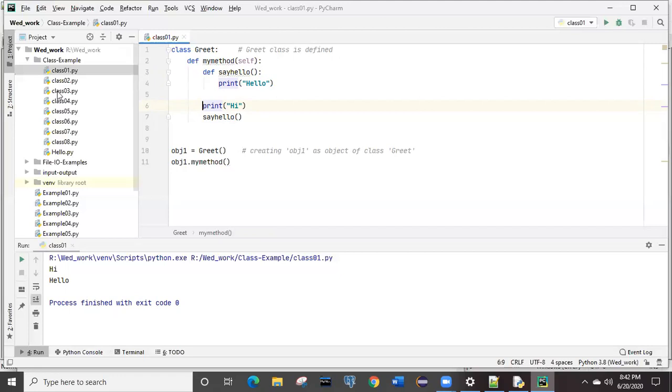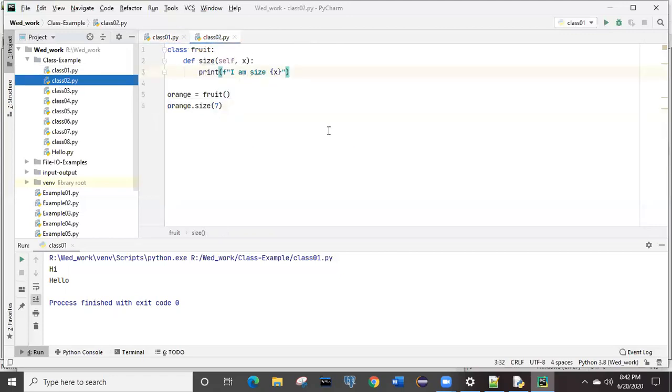Now same class, same concept, I will try to modify it a little bit over here. If you see, this is another class.